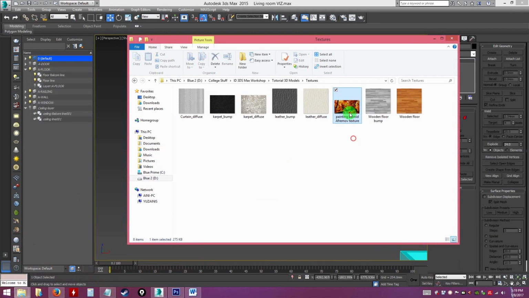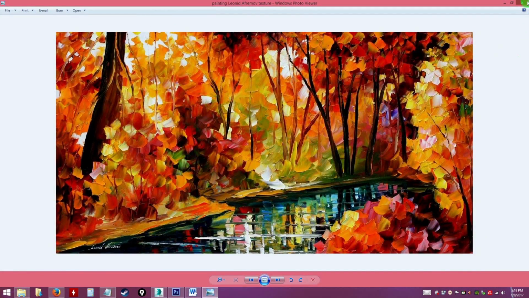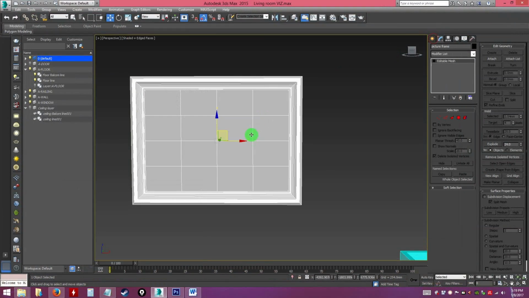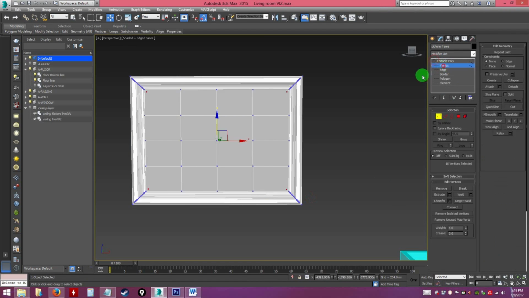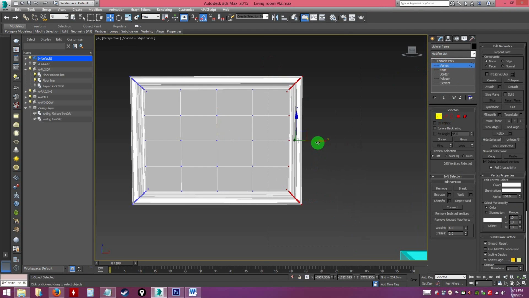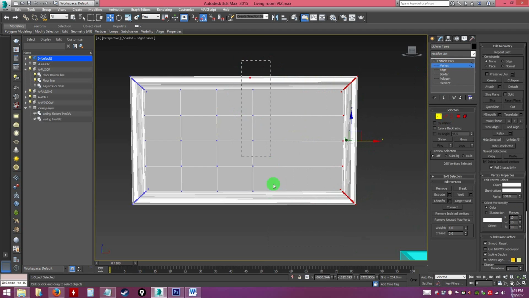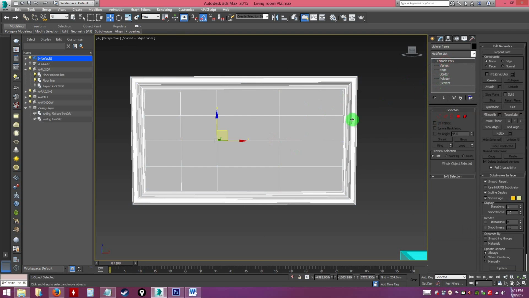Let's see, it's a bit wider, right? So I'm gonna convert this to editable poly, and then vertex, select all the vertices on the side here and just pull it a bit here, and this one is just to center it. All right,